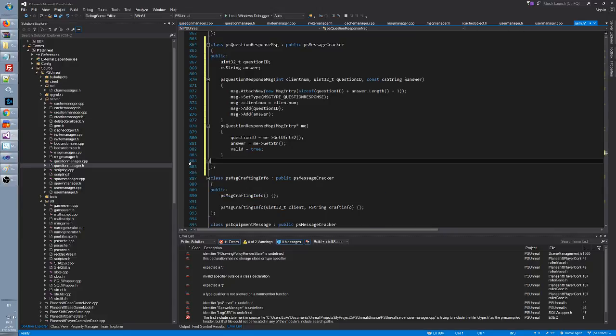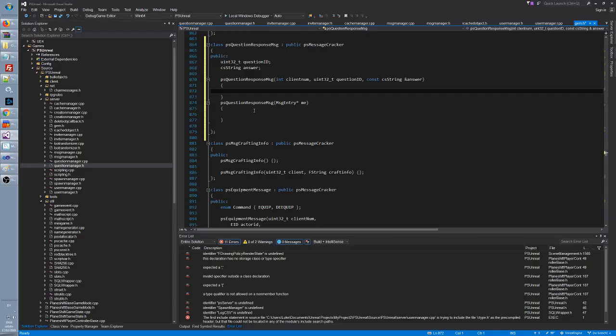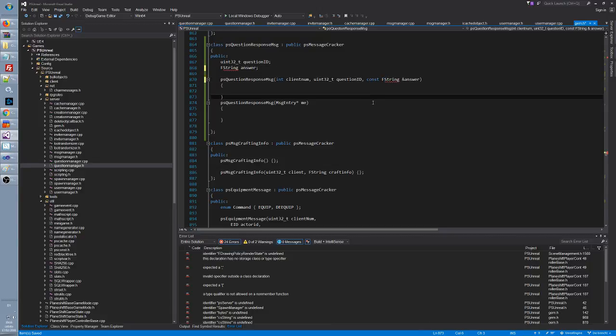I don't need all this. I just need the constructors to exist. It is all I need. And the rest we can leave empty like this. So it's like a stub, you know, like a dummy